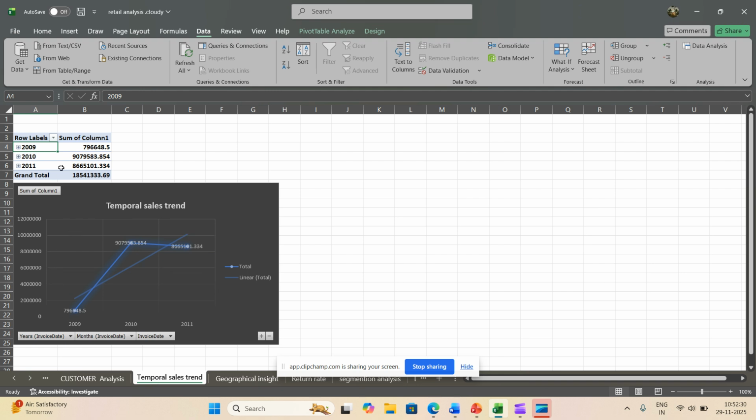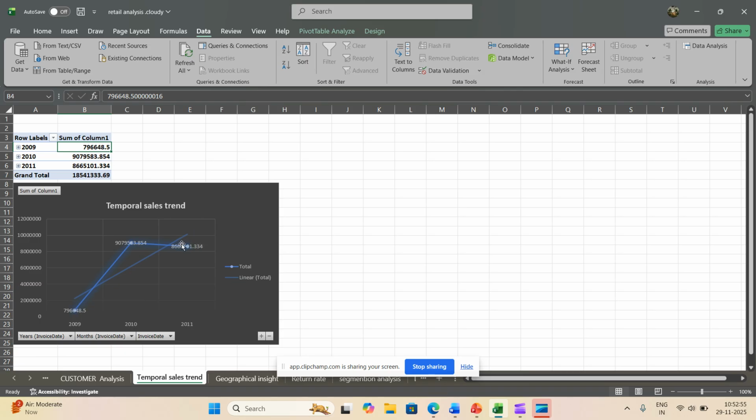In the pie chart, we can see here in the row levels, I add the month column, and here I add a total spendings, so means sales. So here we can see the trend line going from downward to upward direction.